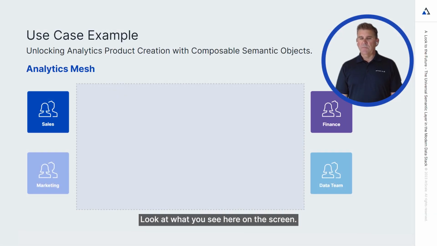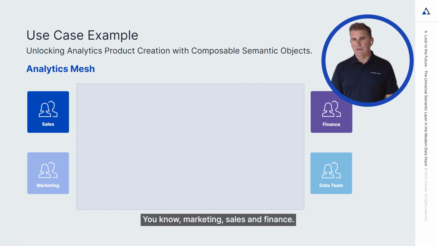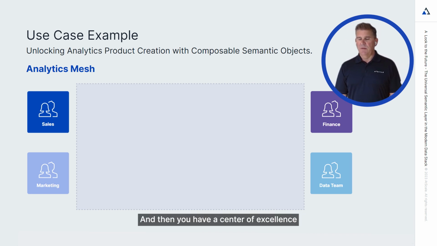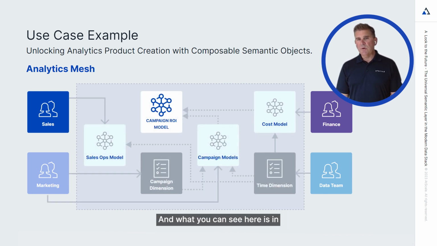Yeah, look at what you see here on the screen. What you have is four different business domains. Three business domains, marketing, sales, and finance. And then you have a center of excellence, or traditionally what has been IT or the central data team. And what you can see here in the middle is all the assets that can be created and managed